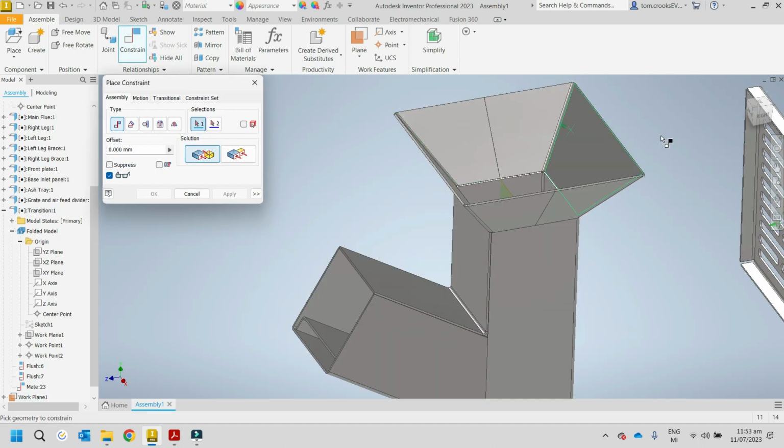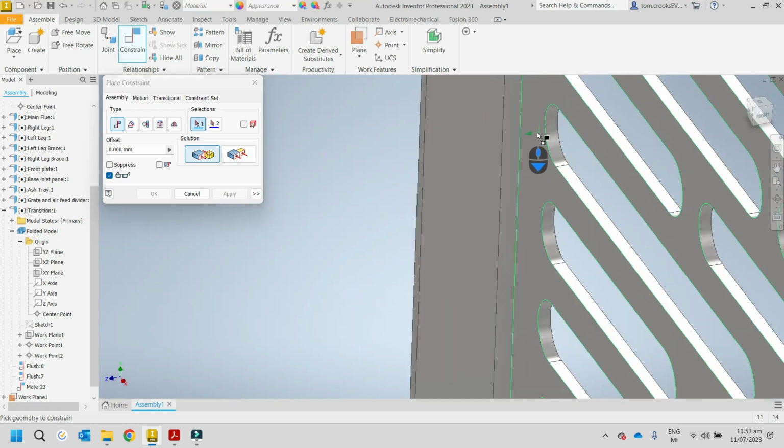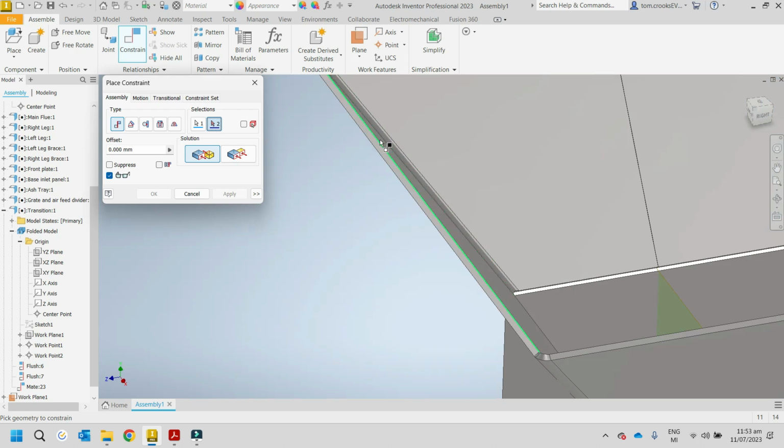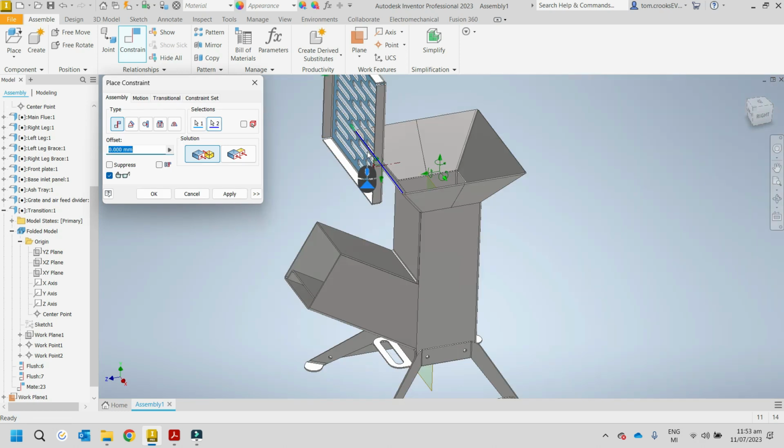So what I'll do for this one is I'll use that face, that interface there, and I'll just use an edge. And you can see it's kind of gone a bit funny, but that's alright. So I can do that, and then it'll sit on top of that edge,